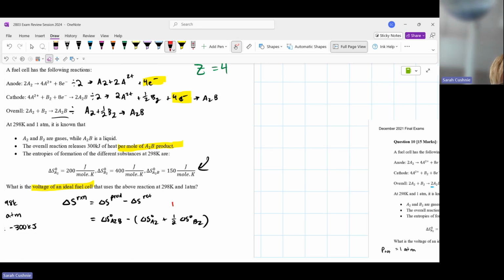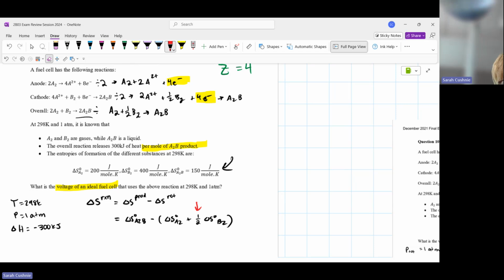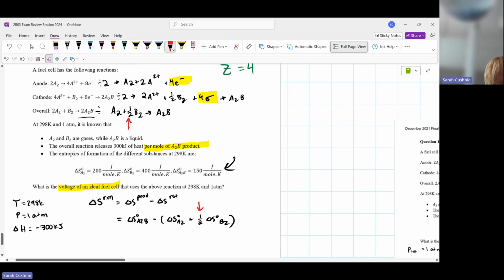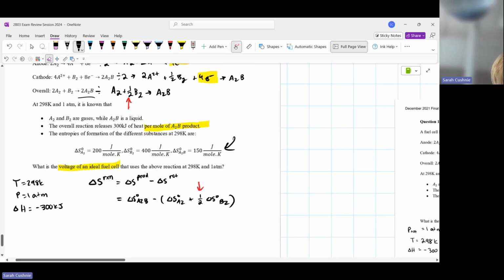Note that I did have to add a factor of 1/2 here because of our equation. We have 1/2 moles of B2, and these values are per mole. So we're going to end up with a value of 150 joules per mole K. And this would be multiplied by 1 mole if we want to be technical here, and it'll be minus 200